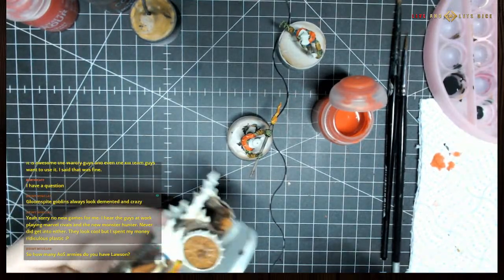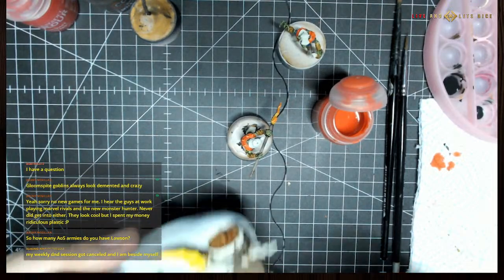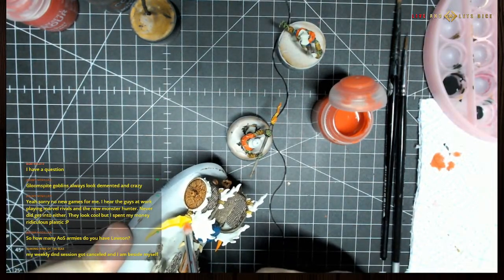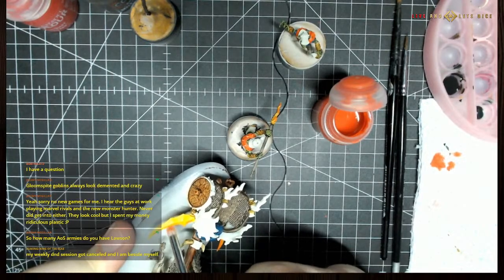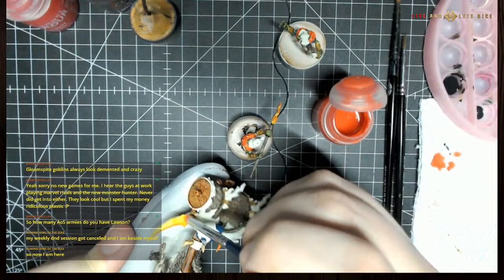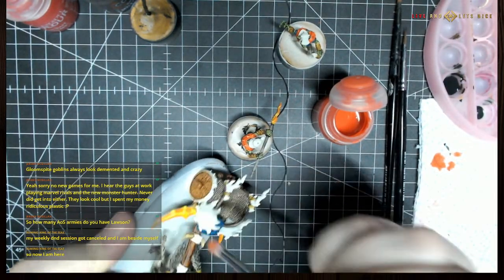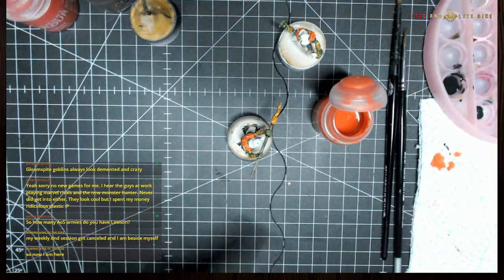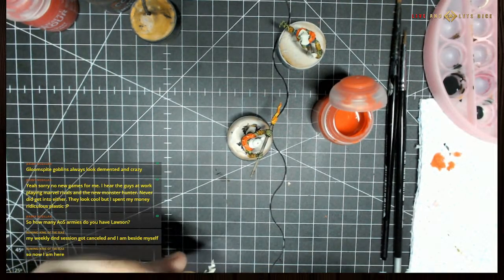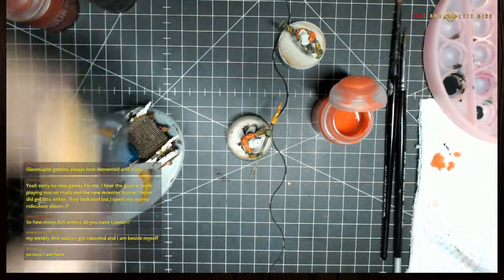That's a little bit too much actually, I think. But we'll just splodge a little bit underneath and that's fine. And then do the same on the other side. So splodge. Stipple. And again on the underside. And then here,